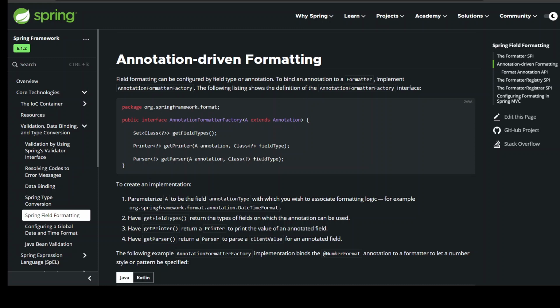Have getFieldTypes return the types of fields on which the annotation can be used. 3. Have getPrinter return a printer to print the value of an annotated field. 4. Have getParser return a parser to parse a client value for an annotated field. The following example AnnotationFormatterFactory implementation binds the @NumberFormat annotation to a formatter to let a number style